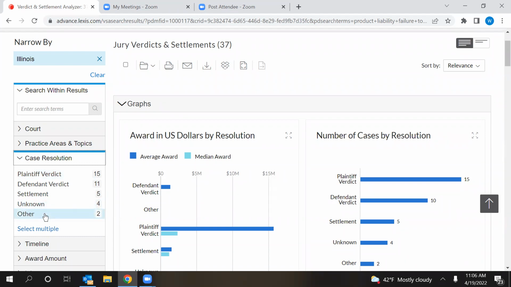Other essentially means that the information that we collected doesn't necessarily fit under one of the categories. So for example, if we pulled a verdict or settlement and the verdict was for the plaintiff as well as the defendant, that would be an example where, based on how Lexis categorizes its verdicts and settlements, it doesn't recognize a verdict for both plaintiff and defendant, so that would get housed under other. And then unknown,